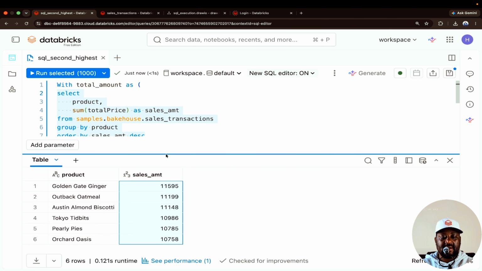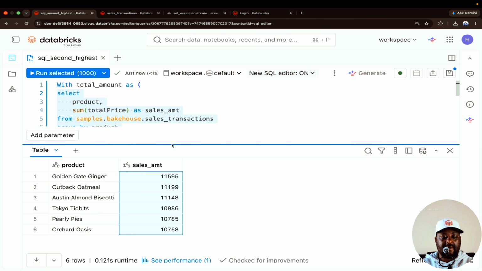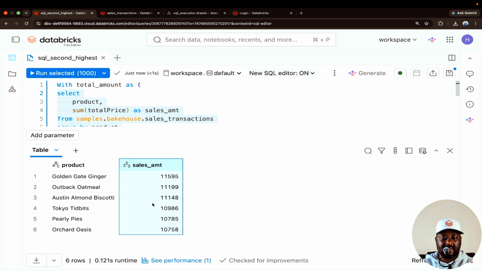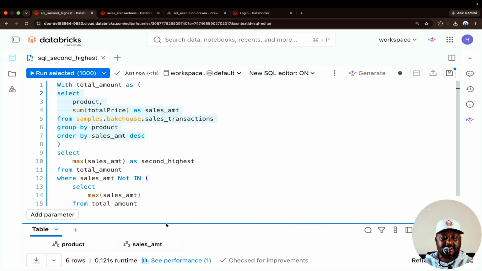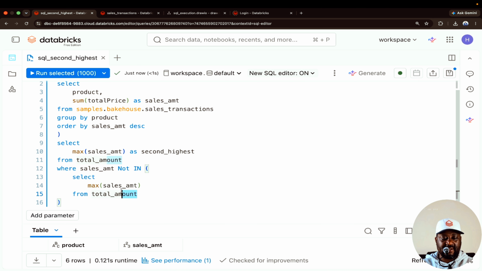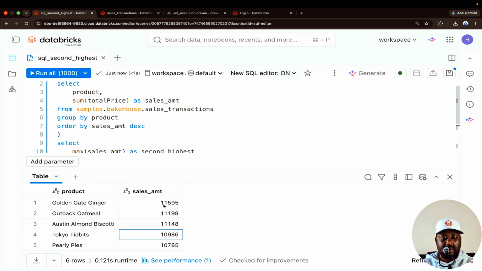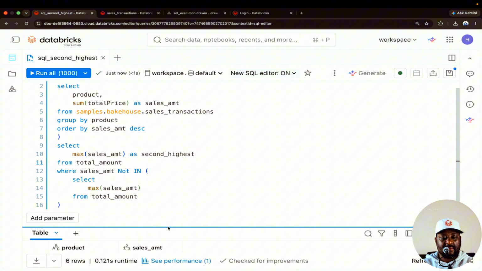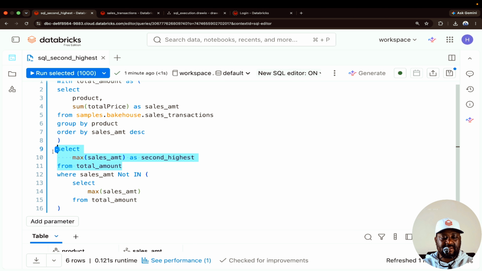There are two ways, and we are implementing one way. First of all, we find out what is the highest value in this particular sales amount. What is the highest value? This is what gives us the highest value, which will be 11595. And then we come back to this select, saying